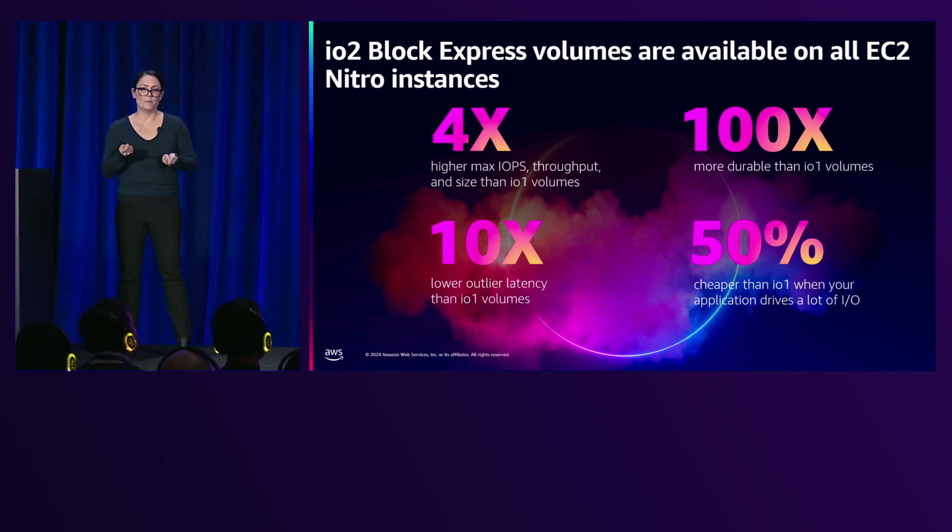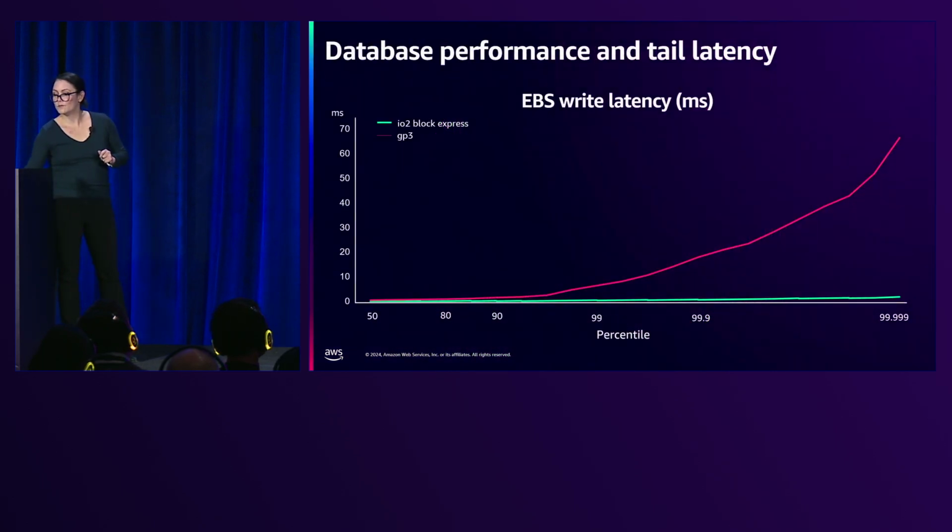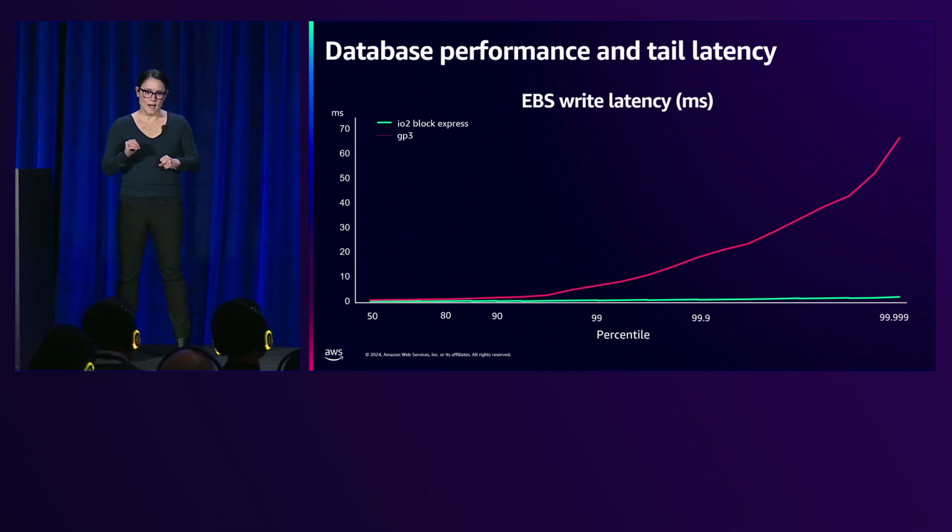You'll automatically benefit from the latest improvements in our EBS server architecture and 99.999% durability. That's 5 nines of durability, which is 100 times greater than IO1. So to talk a little more about latency and latency consistency, when I say that IO2 block express is 10x